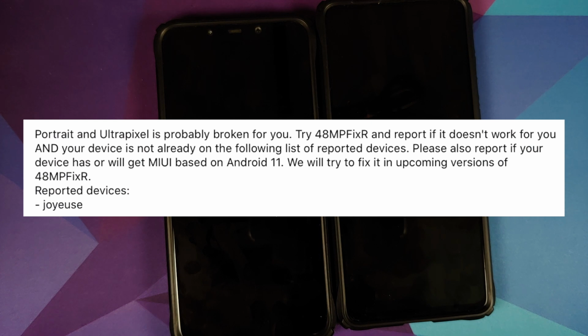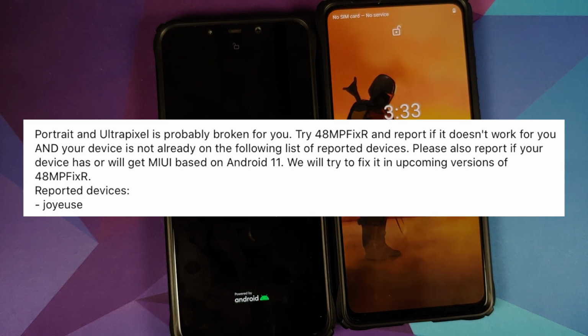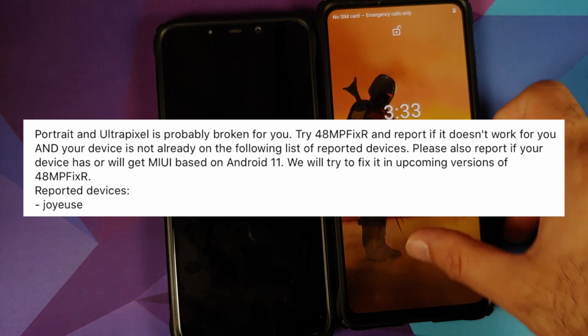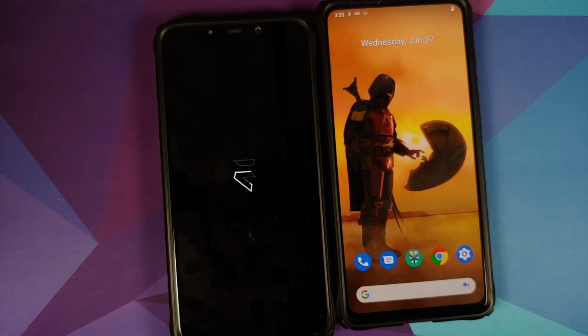So we are going to check that out in this video, and if needed we are going to install that module. Also, another thing I would like to mention is that in case you have a boot loop because of this Magisk module, well, in that case we do have a separate video showing you how to fix a boot loop caused by a Magisk module, which can be found in the